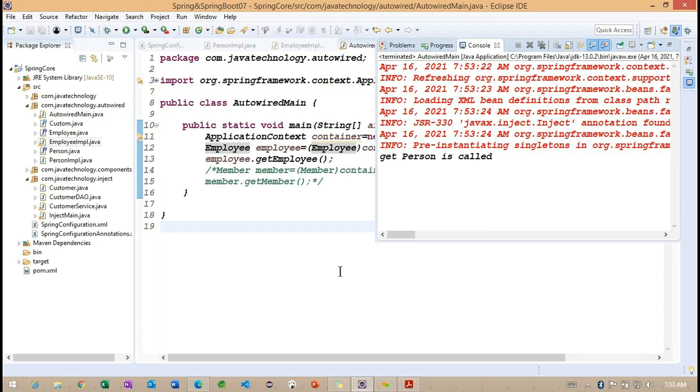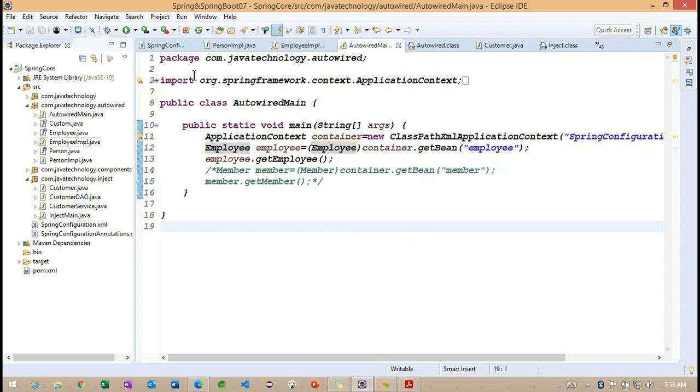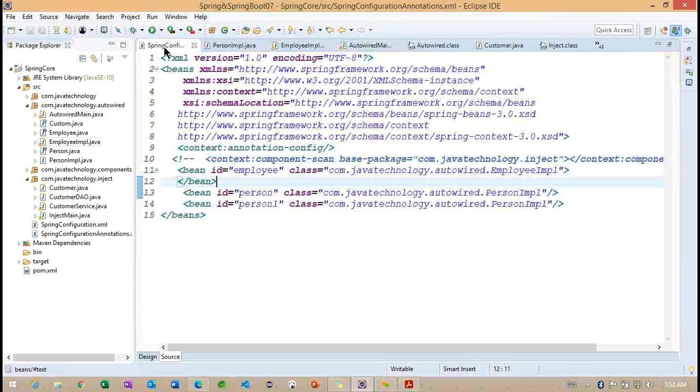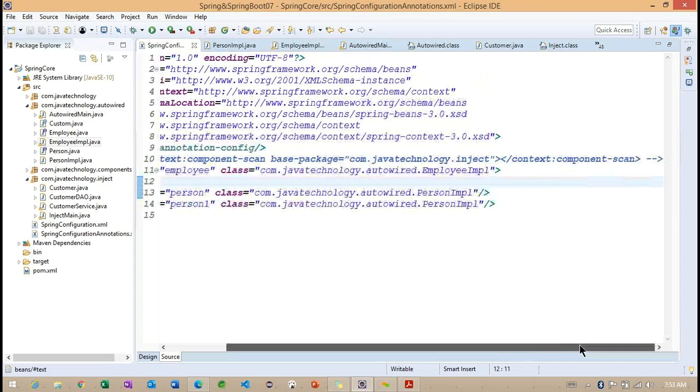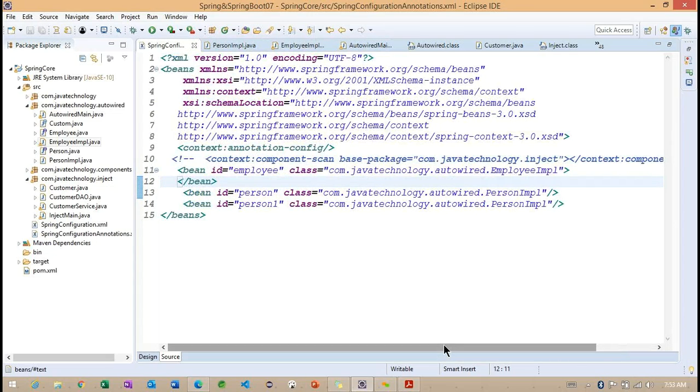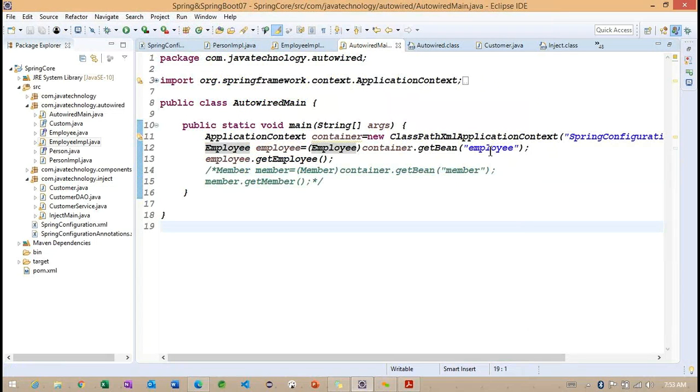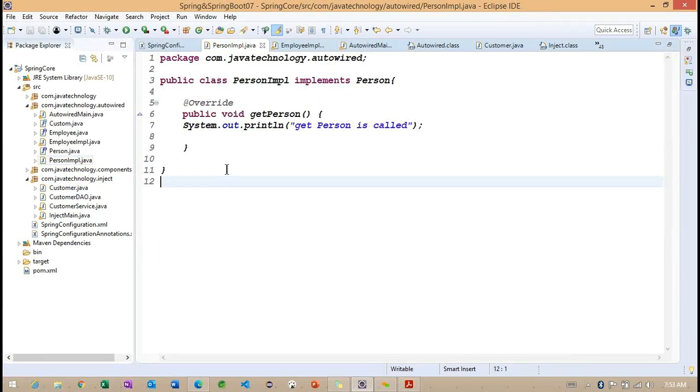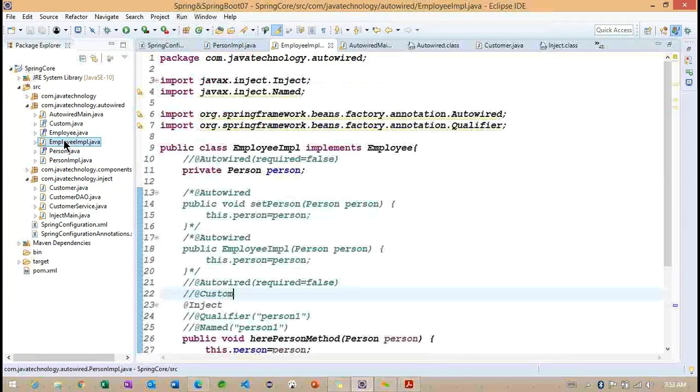Sorry, something is wrong here. So let me open this configuration. Person will be provided to employee, right? So employee and get employee. Get person is called.